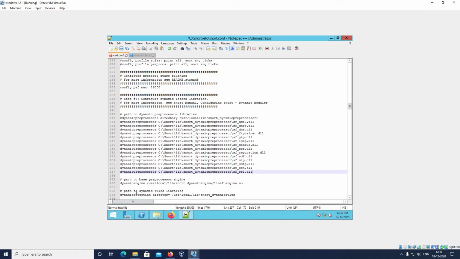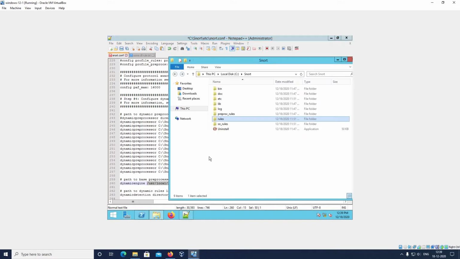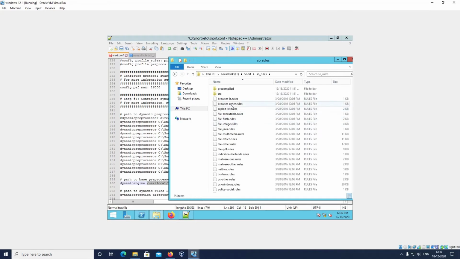Next, we will change the dynamic engine. We will see the correct path of the dynamic engine, and replace that with the correct path. So in our configuration snort folder, you can see the dynamic engine path in snort rules.